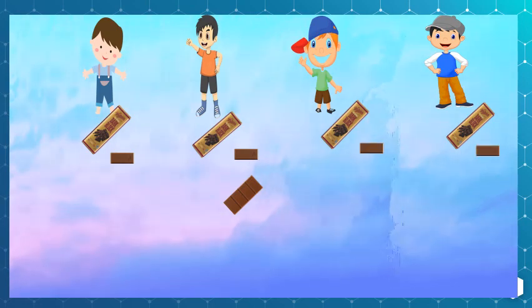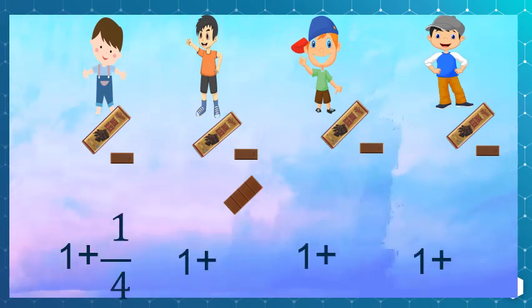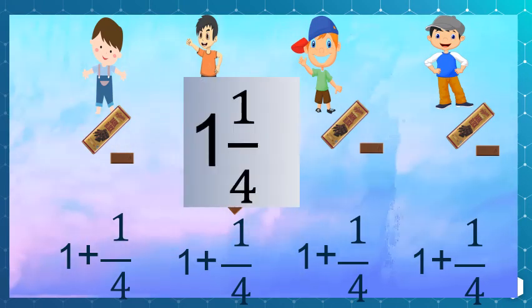One piece and one. Each piece of the chocolate is called 1/4 part of the chocolate. Now, what will be the fraction? Each child gets one chocolate first, then each child gets 1/4 part of the 5th chocolate. So each child gets 1 plus 1/4 chocolate, and this is called